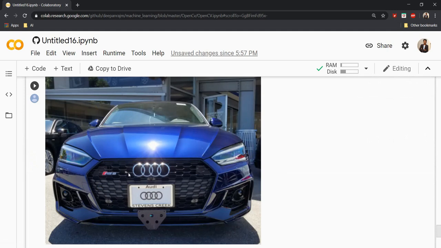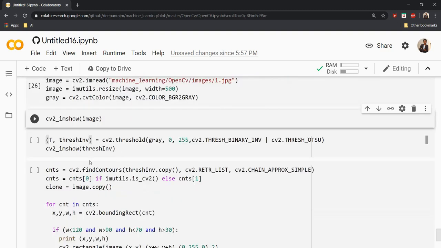Here I'm going to detect this particular license plate alone. You can see a unique characteristic of this license plate is that it is white in color. The rest of the region is somehow different in color. So I can detect this white color by making a mask, and then use the mask to apply contours and find the region of my interest. So that's what I've done here.